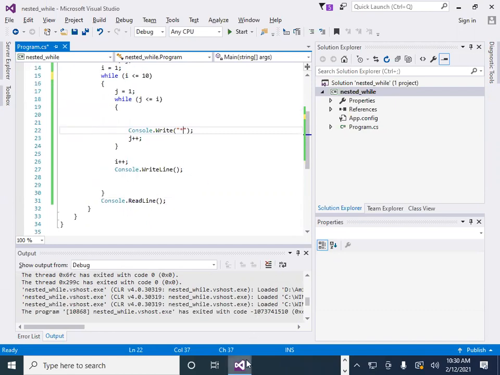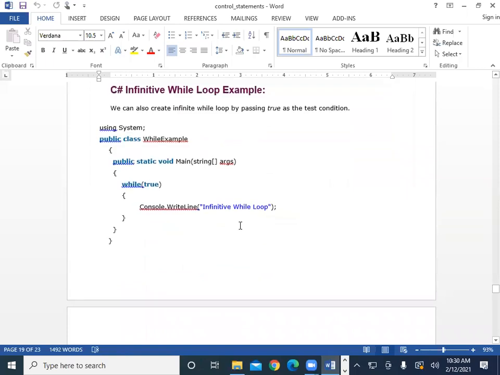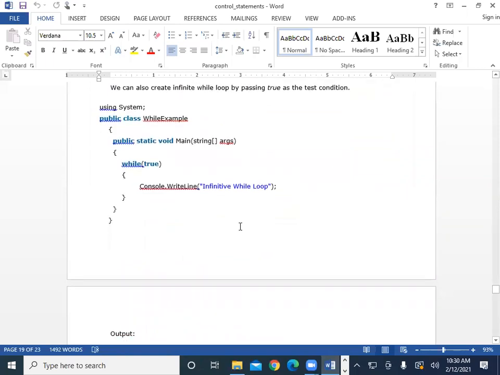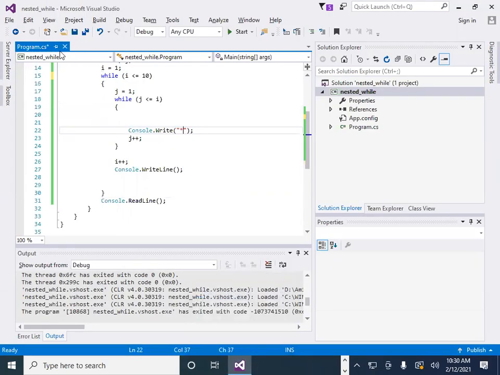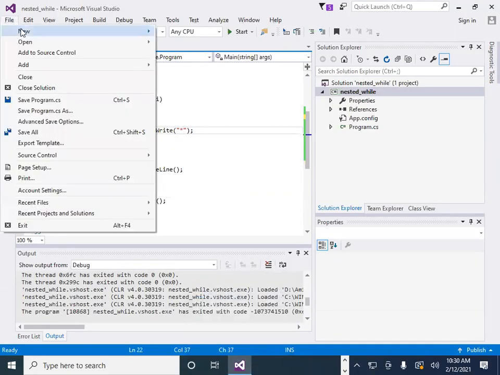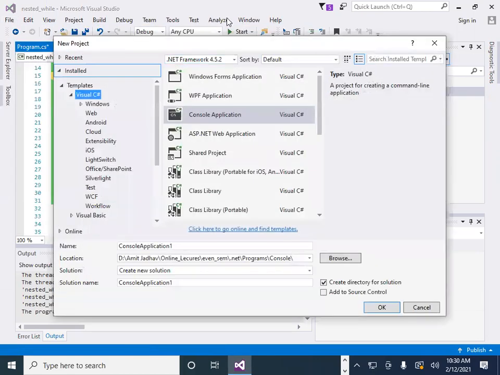So let's see the next point, that is infinite while loop. Same like that, we can create the infinite loop in while also, same like the for loop that we made infinite.